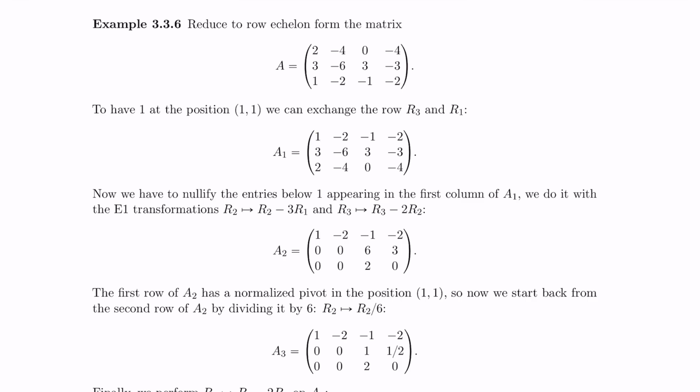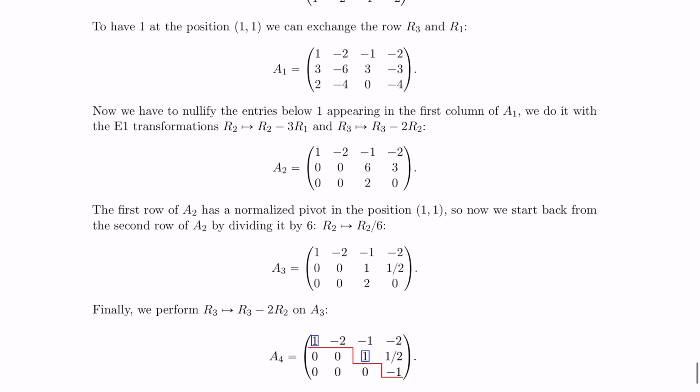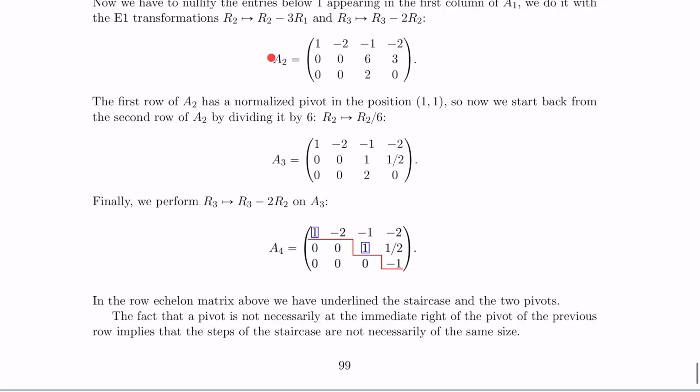I strongly invite you to check that if we want to nullify this entry and this entry, then we have to apply these E1 transformations here, respectively. What we obtain is this matrix A2